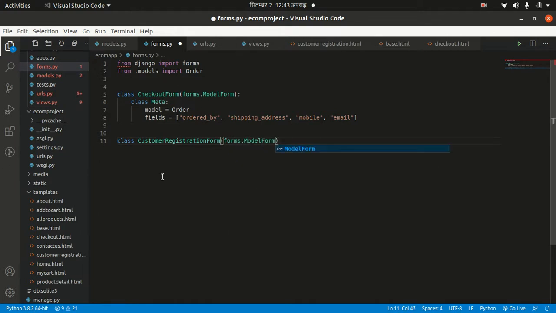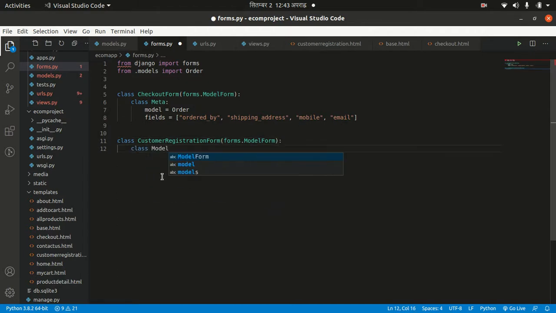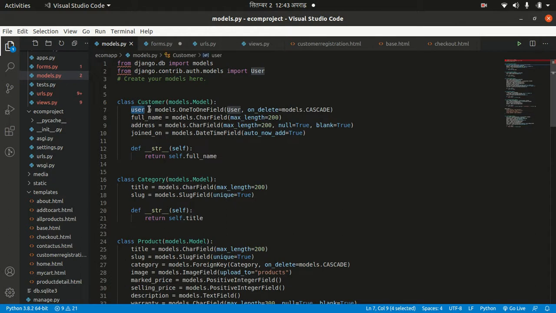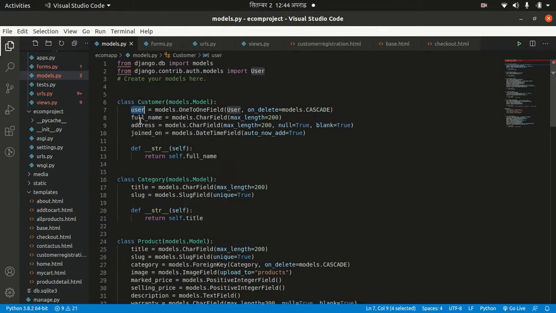Because I'm using create view, I have to use model form here, class Meta, model equals to Customer and fields equals to, I'll see it. For this time I want to import Customer from our models.py, and we know that to create our customer we need user, full name, address. Okay, full name and address are two things that I want to put from models, and for user I want to use